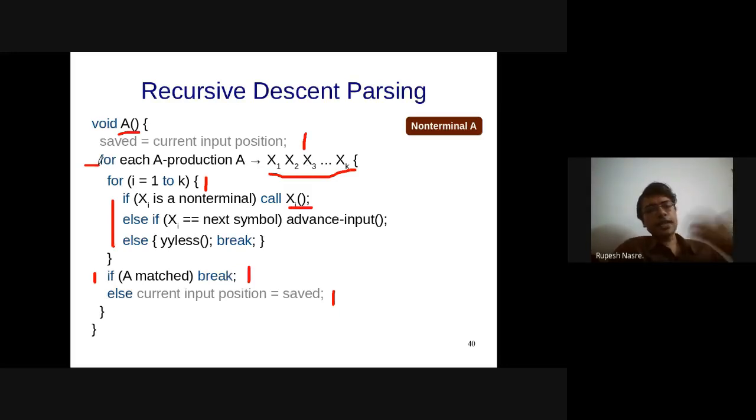Once all of this gets done, note that this restoring of the state is inside the inner for inside the outer for loop, right? It is not outside the for loop. Saving of the state happens once, but restoring of the state might happen multiple times depending upon how many productions do not match.